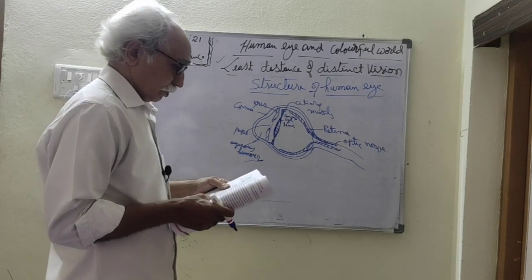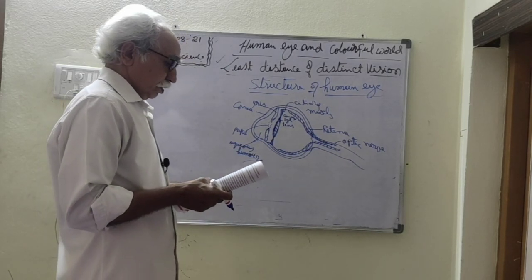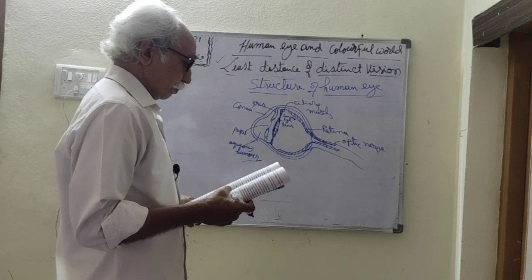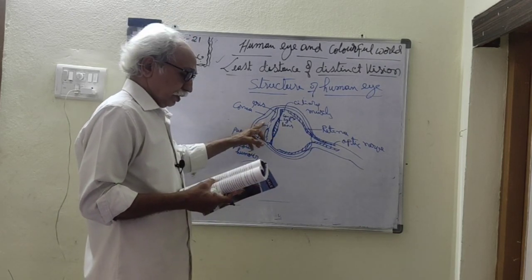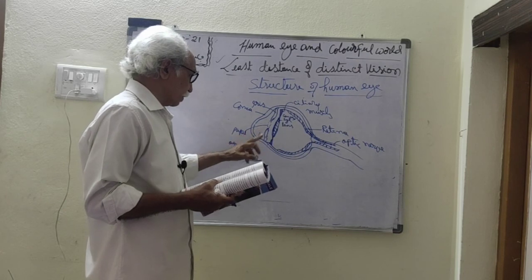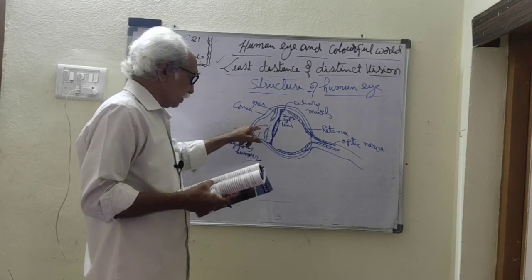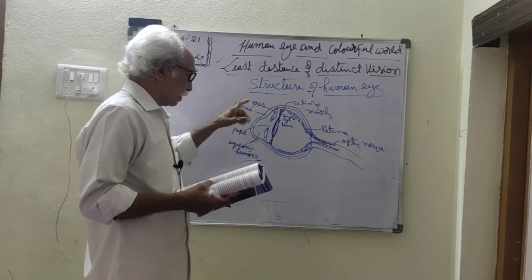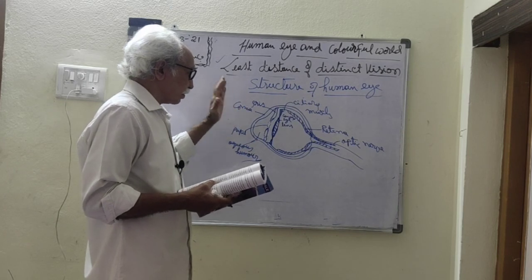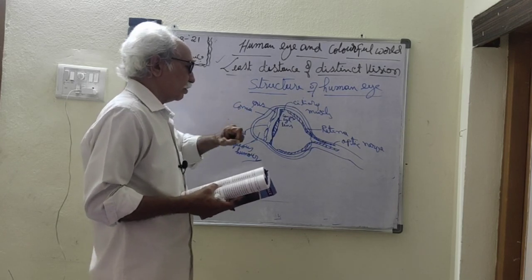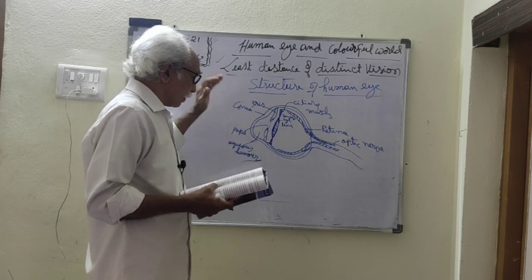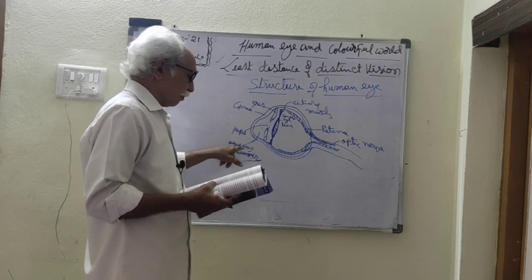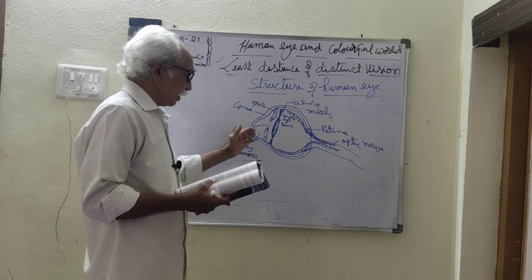Now behind the cornea there is a space. It is filled with a water-like fluid called aqueous humor. This aqueous humor protects the eye from external thrust. If any pressure is acting on the eye, the eye is protected from that pressure with the help of the aqueous humor. And just behind the aqueous humor